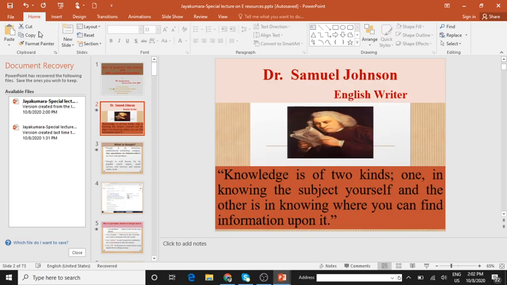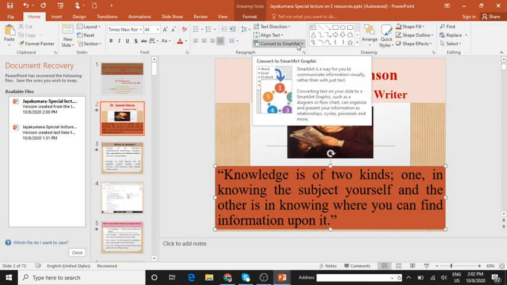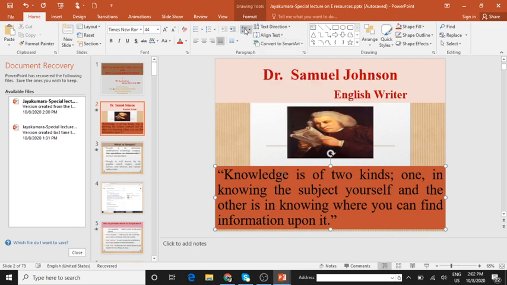Home tab you have cut, copy, paste options, as you know, layouts, reset section. I think these things we have discussed in our Word lesson only. So the same components apply here also. Okay, filling the shape, the same, you can give the colors over here also. Fine. Then you have the paragraph wherein you have the text direction, alignment of the text, and converting it to the SmartArt.